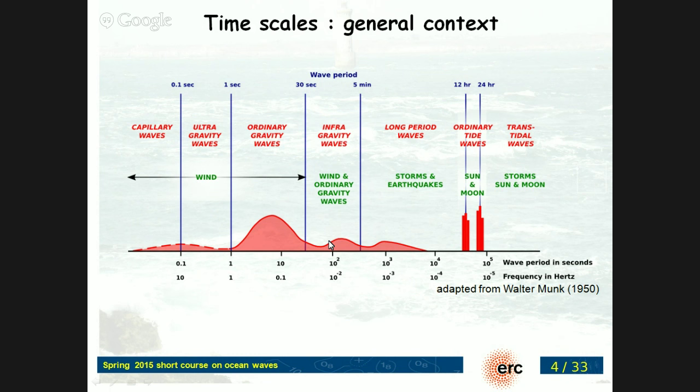The mechanism for generation of these infragravity waves is the nonlinear properties of the ordinary gravity waves at the shoreline. Waves become very nonlinear, and then they excite some subharmonic resonance, and that leads to a transfer of energy towards very long periods. And these infragravity waves are actually very important for nearshore applications, to sea level at the shoreline,